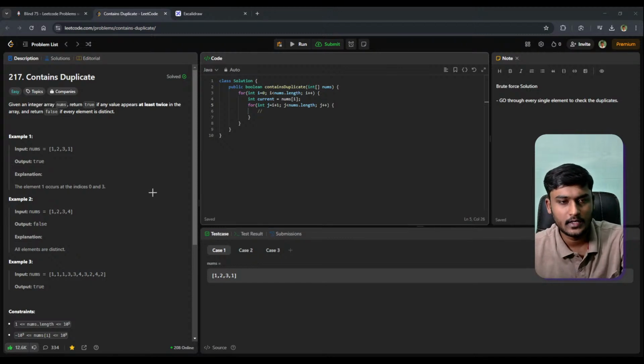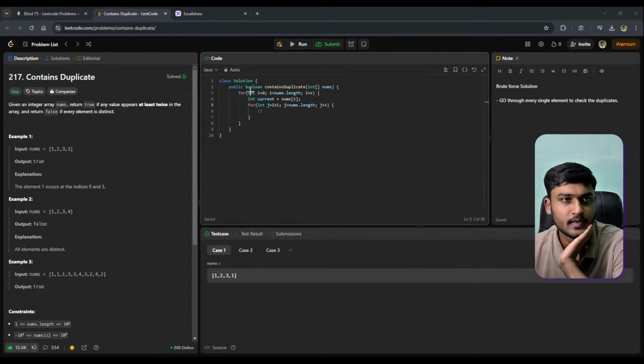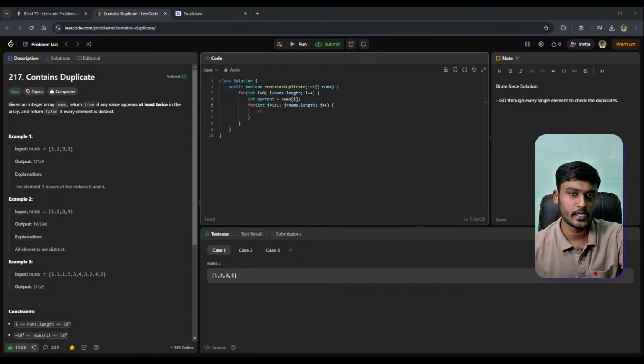So in iteration 1, the current will stay here, it will be fixed, right? But j will go to 2 and check whether current is equal to 2, and then it will go to 3 and check whether current is equal to 3, and then go to 4 and check whether current is equal to 4, right? So this is how iteration 1 will look. Let me write this particular logic and then come back to this diagram.